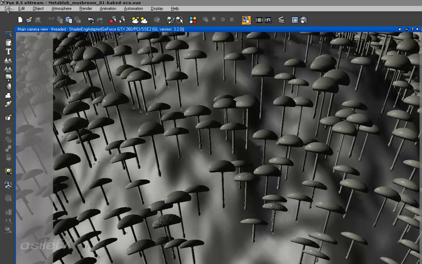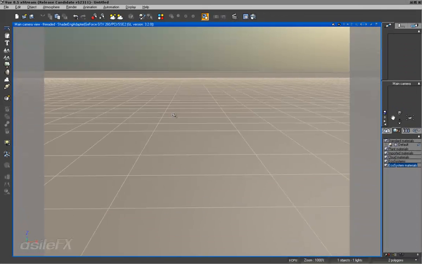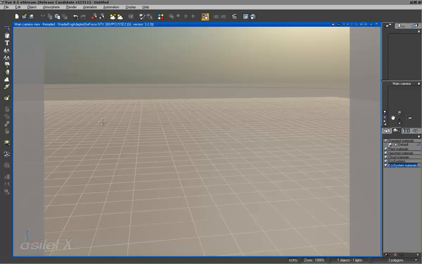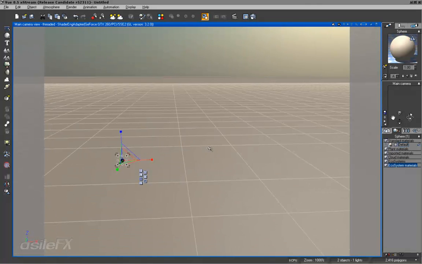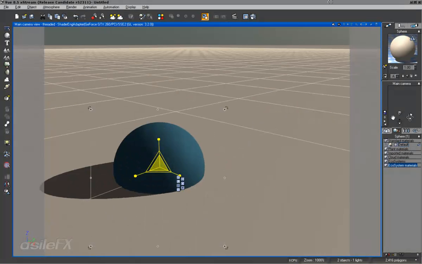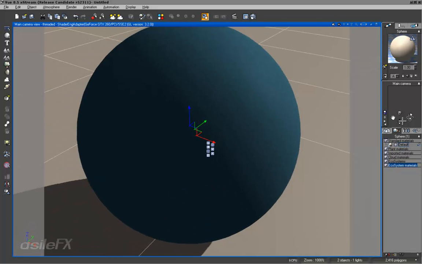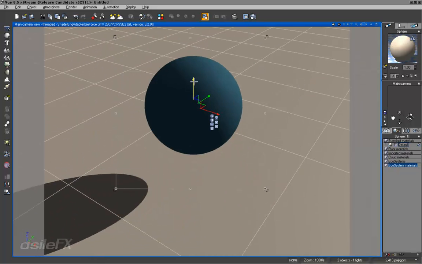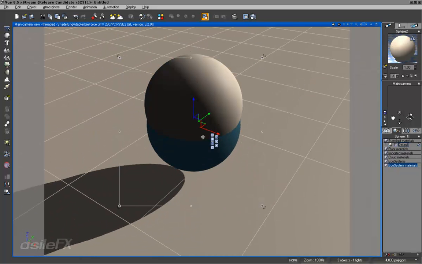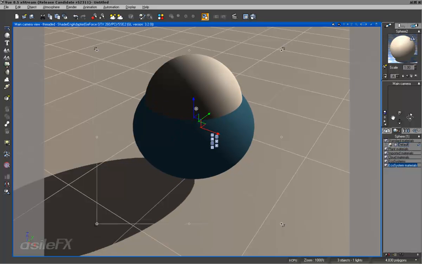And now I'm going to create a new scene and just show you real quick another way to model the mushroom. What I want to do is add in a sphere, and we can copy and paste, add another sphere, scale it, reduce the height a little,